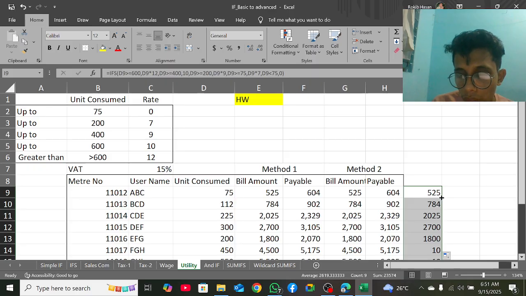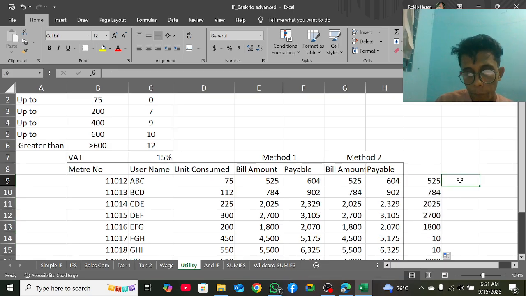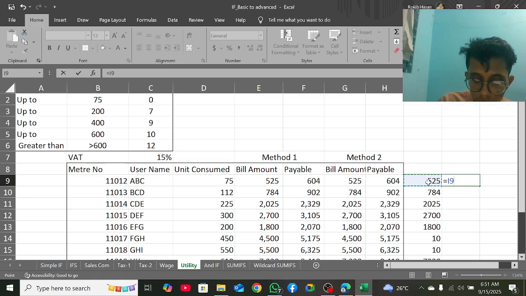Then the plus type and all buttons are selected, then these values are the bill amount. First method, first one. Now we solve payable. When we solve payable, first of all we type bill amount into, first bracket, 1 plus